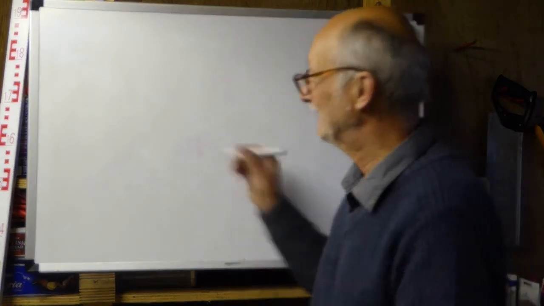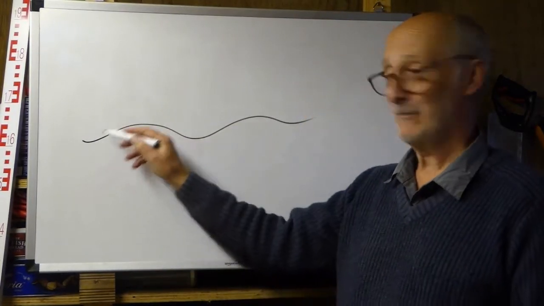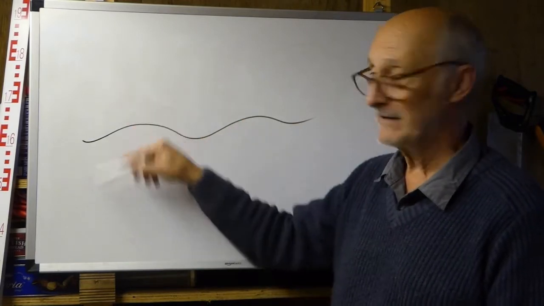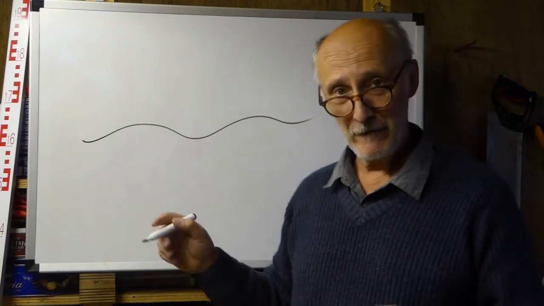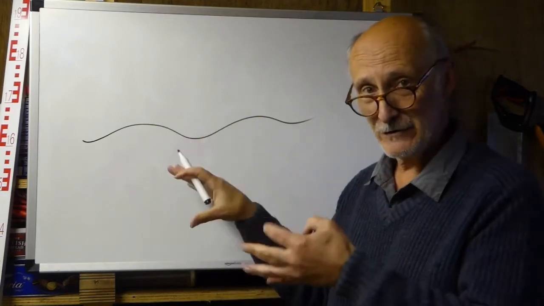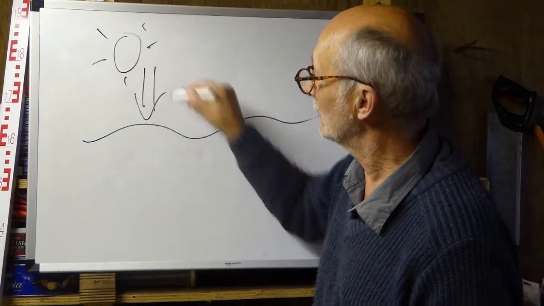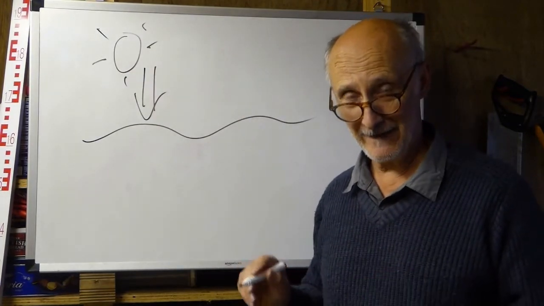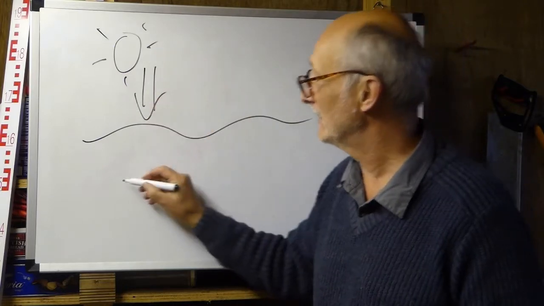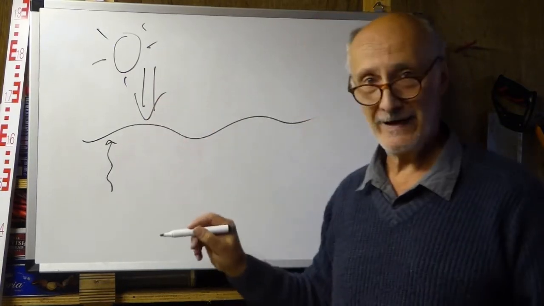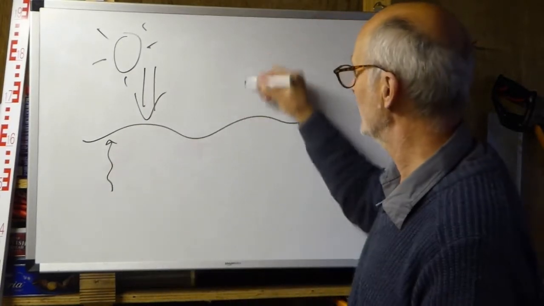Now, you've seen my sketch before of the basics of physical geography. We have an Earth's surface, we have the near surface environment with the atmosphere and the substrate. What we're focusing on right now is the energy that's coming into that environment. So, for example, we have solar energy affecting the surface, driving the hydrological cycle. We have Earth interior energy driving plate tectonics and volcanic activity. And we have